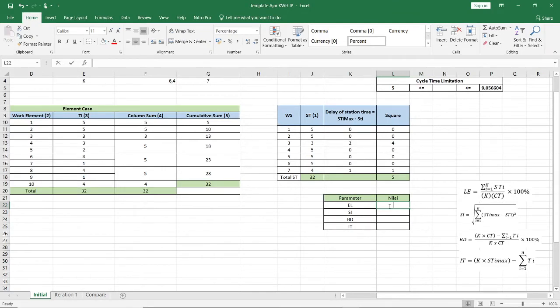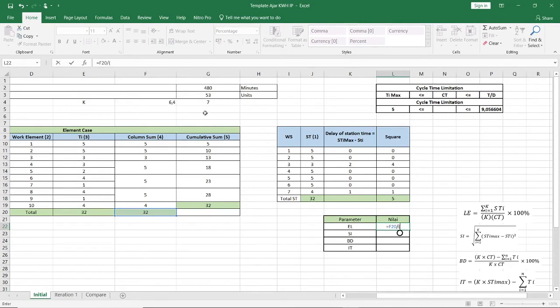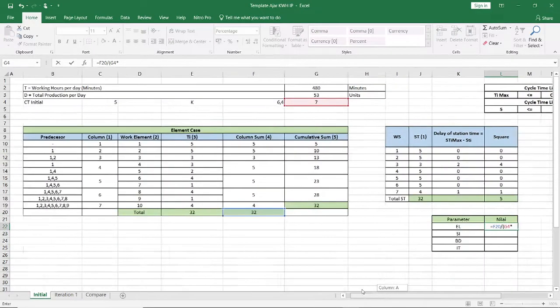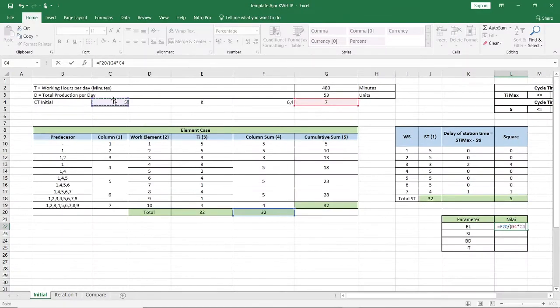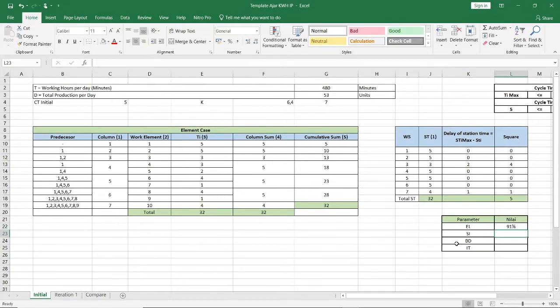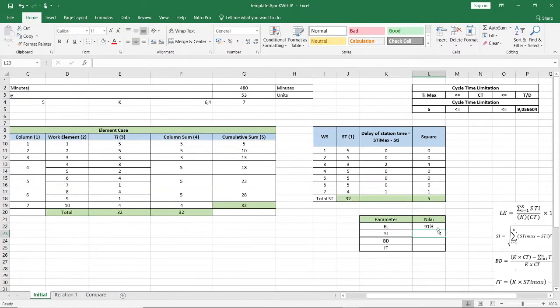The formula is equal to the total of the station time, which is 32, divided by K, the total of the workstations, which is 7, multiplied by the cycle time, which is 5. And then don't forget to multiply it by 100%. So the unit is percentage, and the result is 91%.